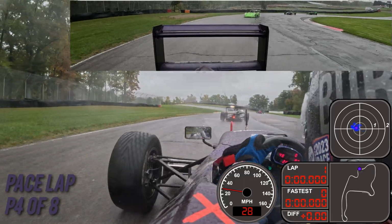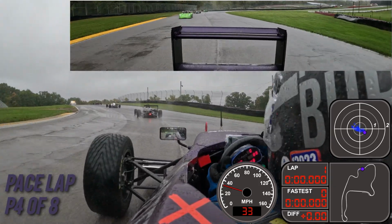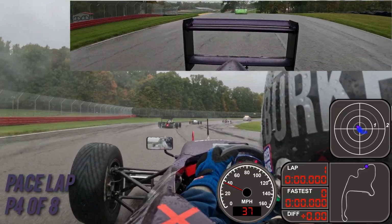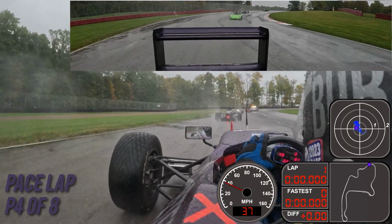Sorry, guys. No, it's all good. I'm just looking at the number of cars we had, and there are 7 cars in front of me now, with Taylor Stein being car number 8. The car on the big group with other Continentals, so we've got 5 Formula